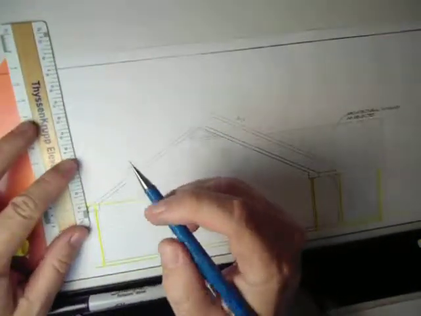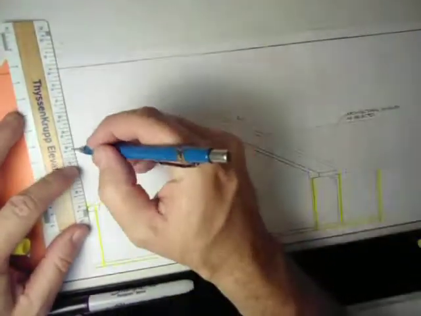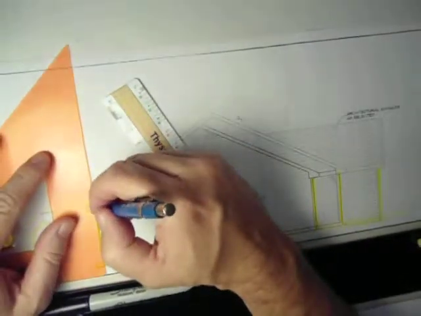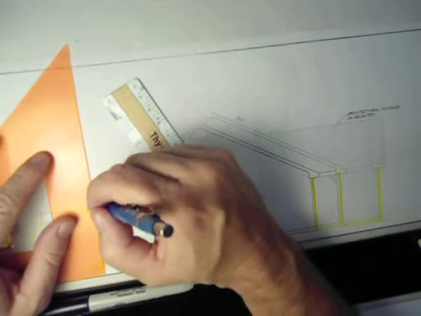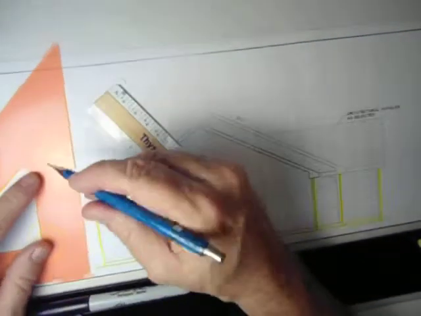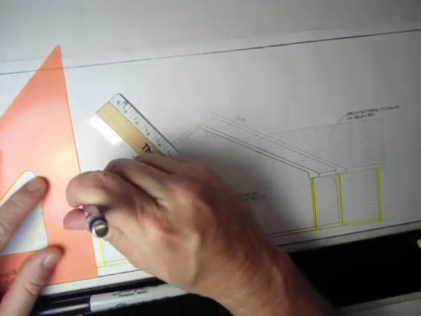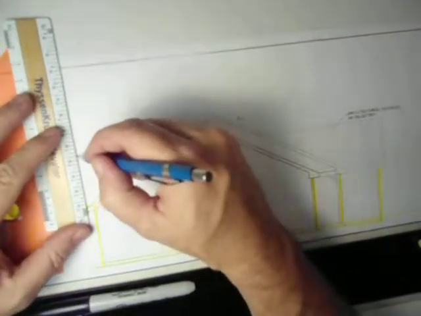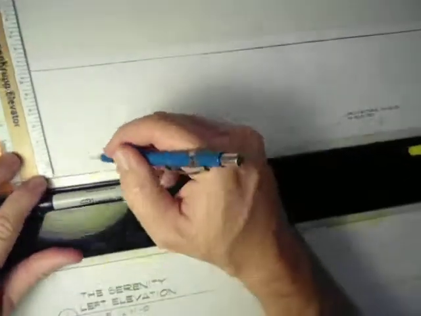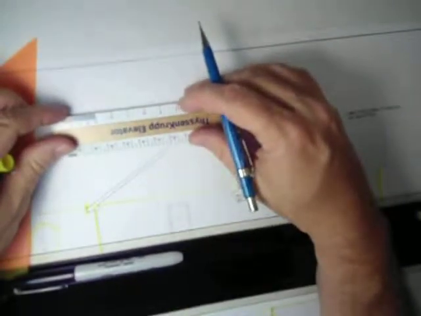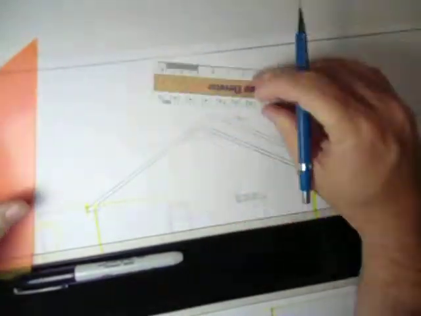And then I want you to go ahead and figure your 7 and 12 roof pitch. You can do that right here from the very edge of that fascia line. We'll measure up 7. Then we'll come across 12. And then we'll